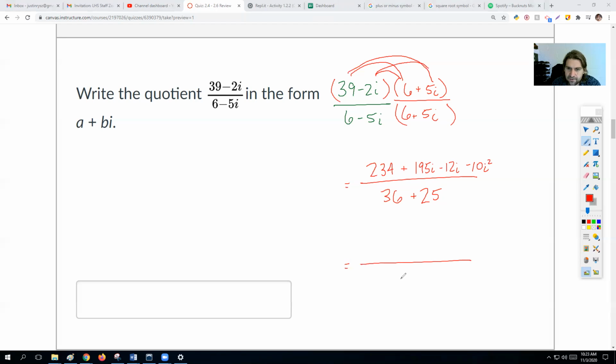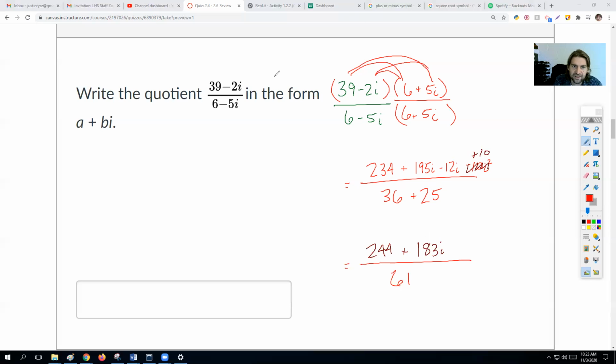All right, 36 plus 25, that would be a 61. And then what happens here in the middle? We know this would become a plus 10. So 234 plus 10 is 244. And then we would get a positive, okay, if I subtract 12, that'd be a